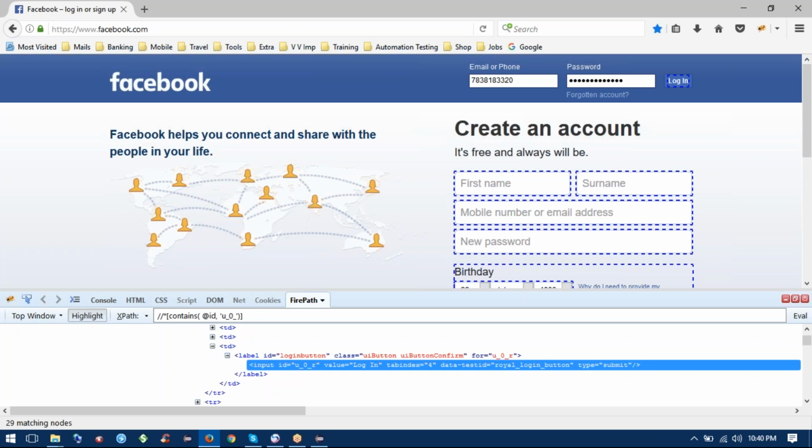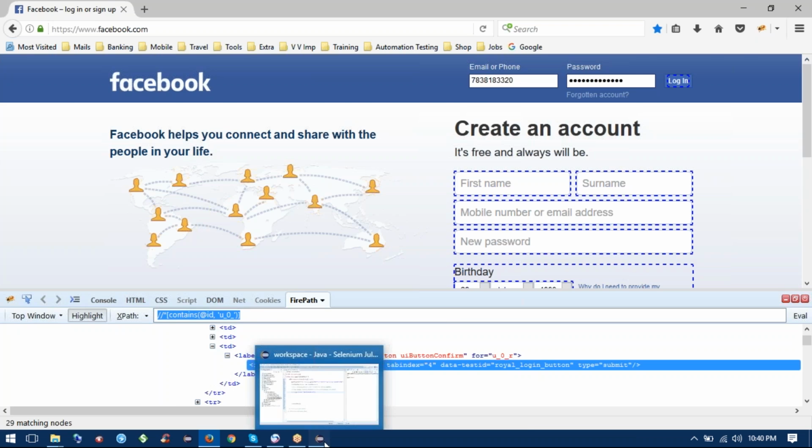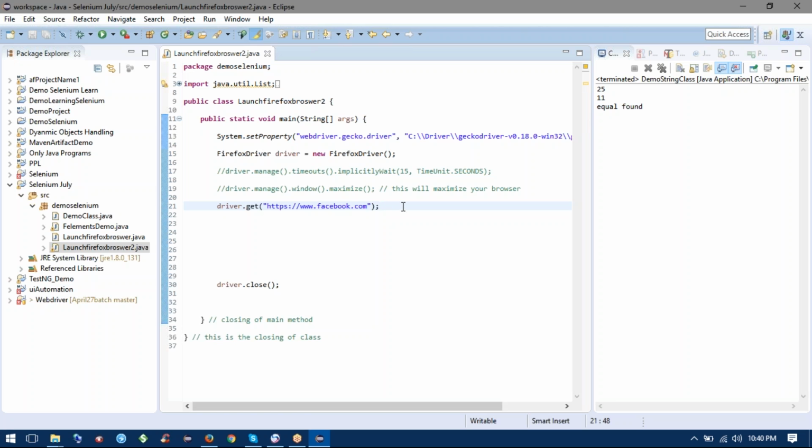You can find it in multiple ways. If you are using find element, it is going to throw some kind of exception, and if the exception is found, then you can say that element is not present. So there are multiple ways. I am just defining the contains method and how you are going to use it. If you want to use it, you have to right click, copy here, and then in the code, when you are writing over here,